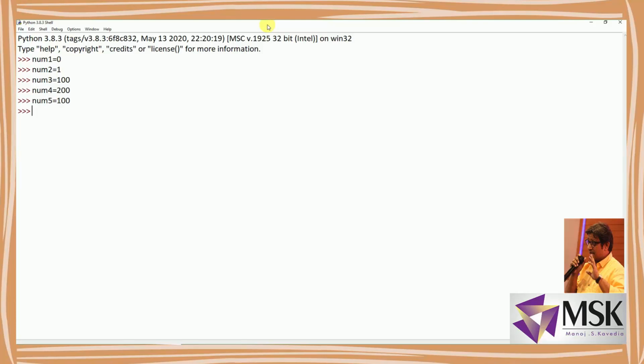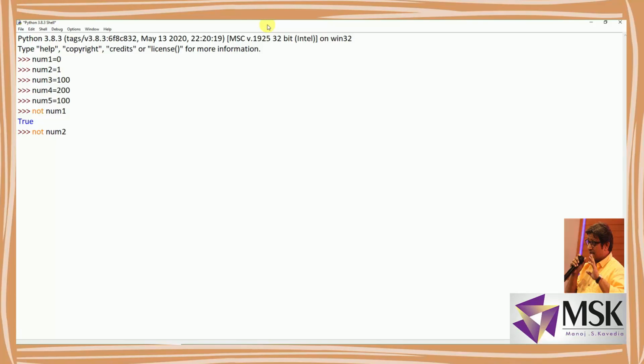So if I say not num1, now num1 is 0. 0 means false. So num1 is false and not of false should be true. So it is giving true. And if I say not of num2, num2 is 1, and any value greater than 0 is taken as true.